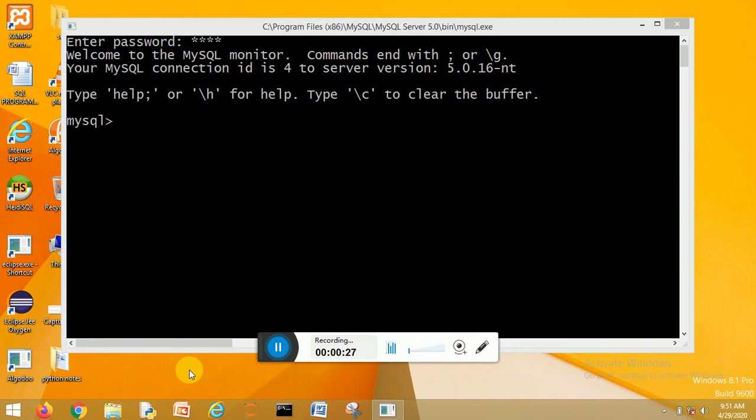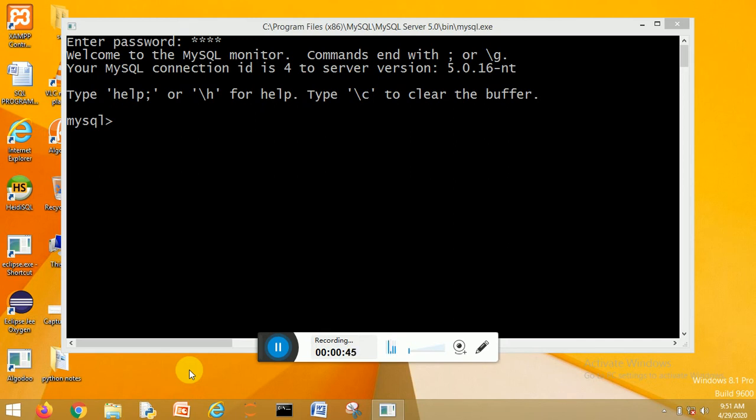We will establish a link between two tables, and to establish the link between two tables we discuss the concept of foreign key. First of all, I want to tell you what a foreign key is.